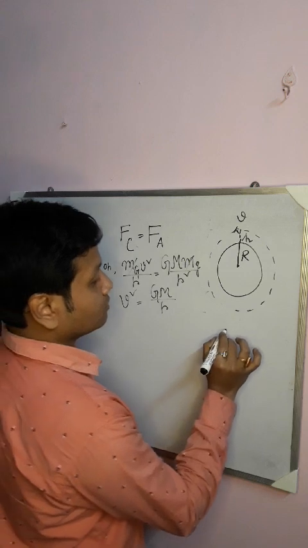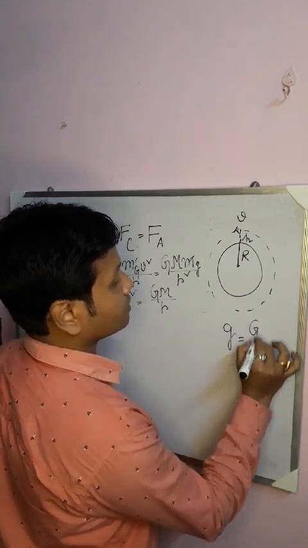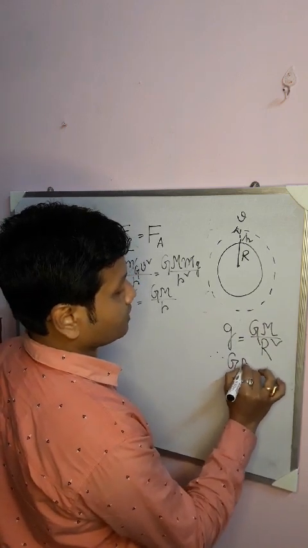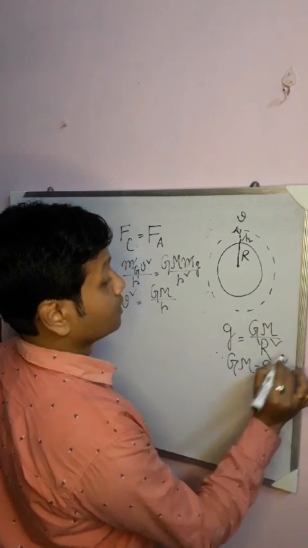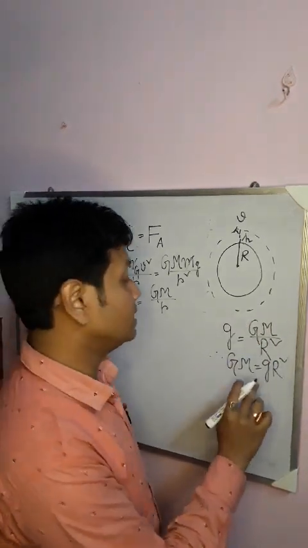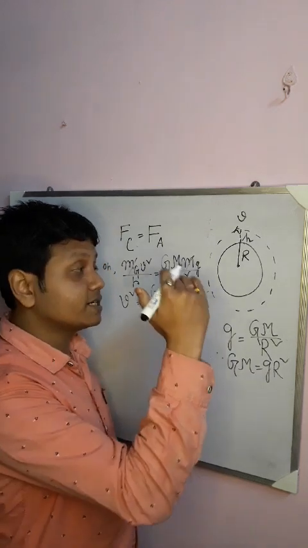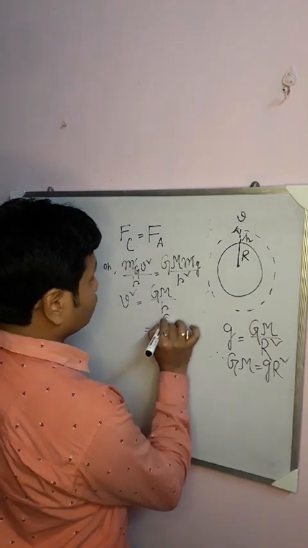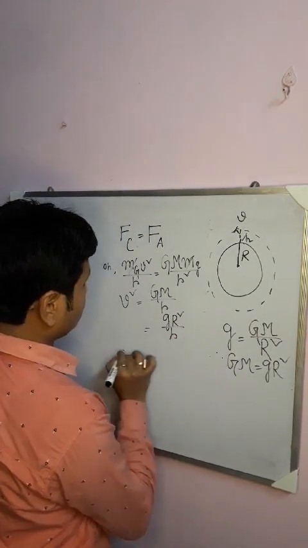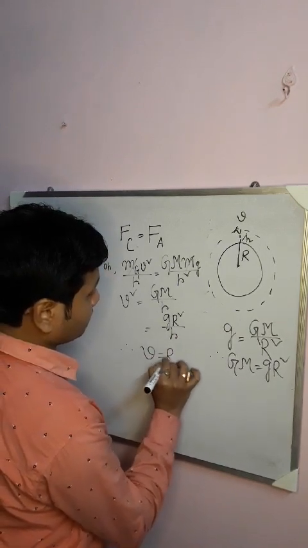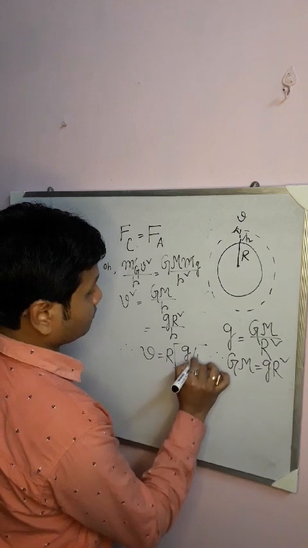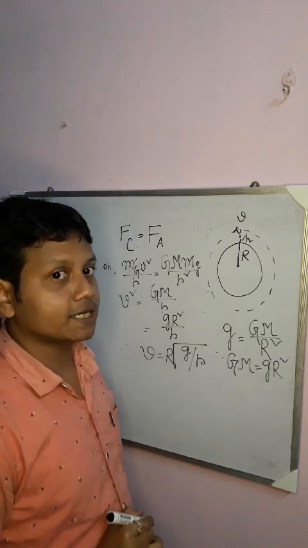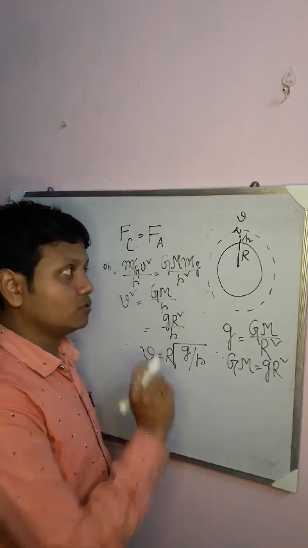And again we know the acceleration due to gravity at the surface of earth, g equals GM by R square, from which we can write GM as g into capital R square. Remember that this formula is only valid if a body is located at the surface of earth. So you can put g into R square by r. So what will be my orbital velocity? That is simply R root g upon r. This is the orbital velocity of the geostationary satellite,